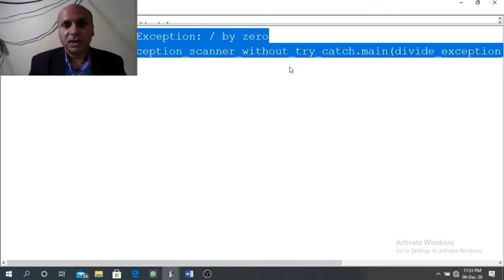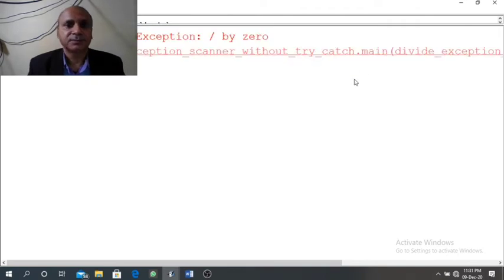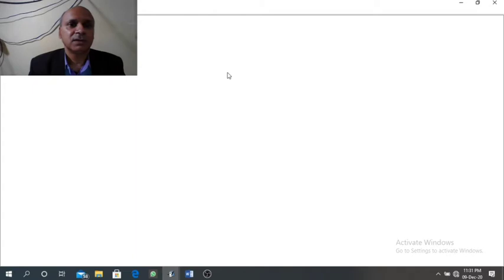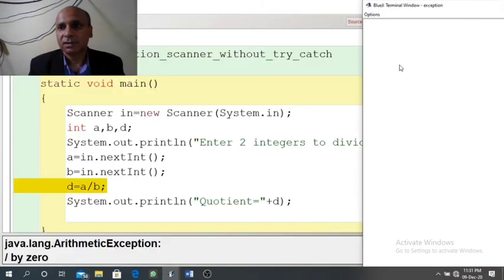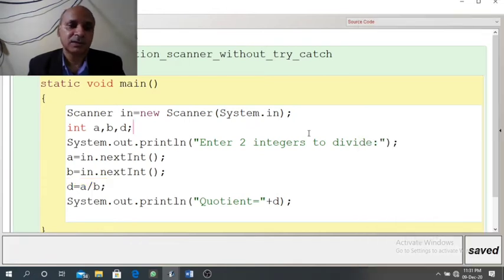So to avoid this runtime error, we have a solution. We can program in such a way that these type of irritating messages will not appear even if our program has runtime error.